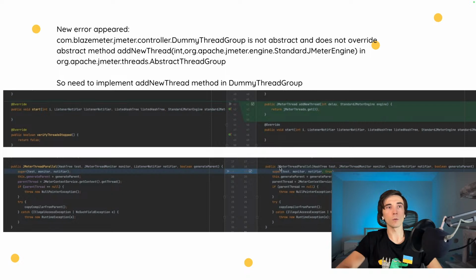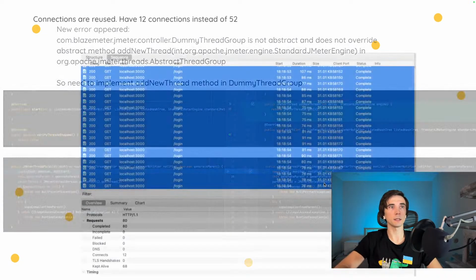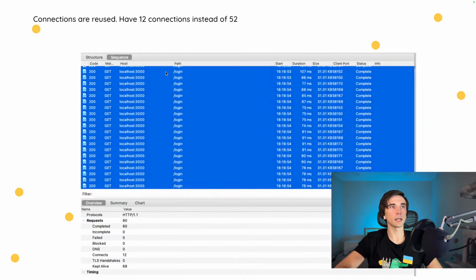And now we are able to call, when we are inheriting JMeter thread in JMeter thread parallel, the new constructor and pass whether it is the same user on a new iteration or not, instead of having false by default. So that's what we need. So we passed it, and now